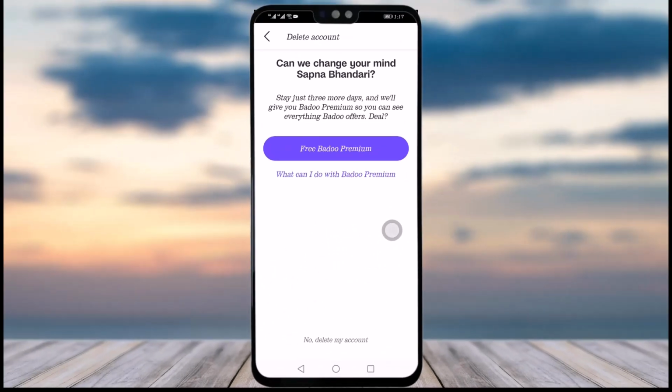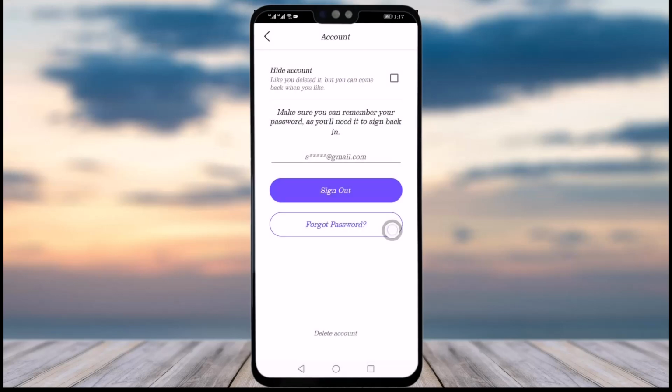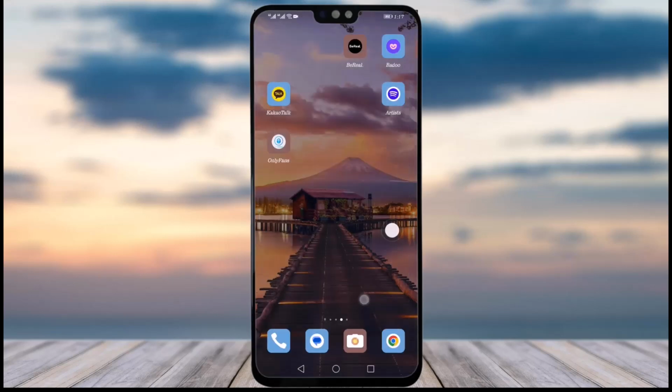I'm not gonna tap because I do not want to delete my account, so if you want to, you can just follow the steps that I have showed you over here and you can delete your account as you would